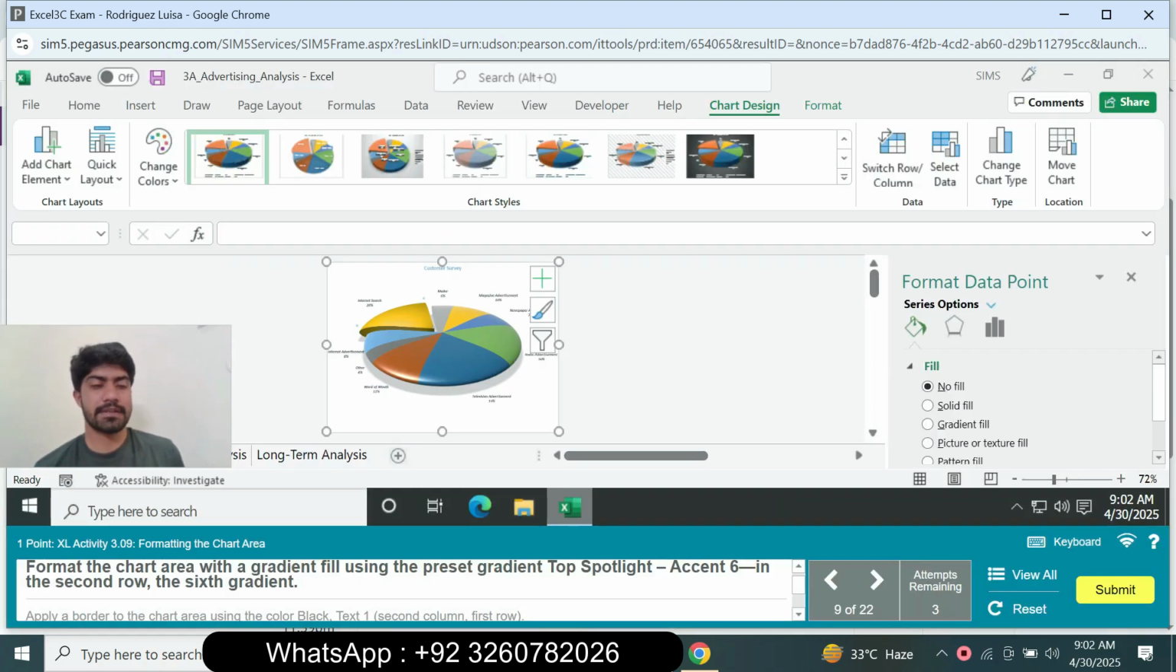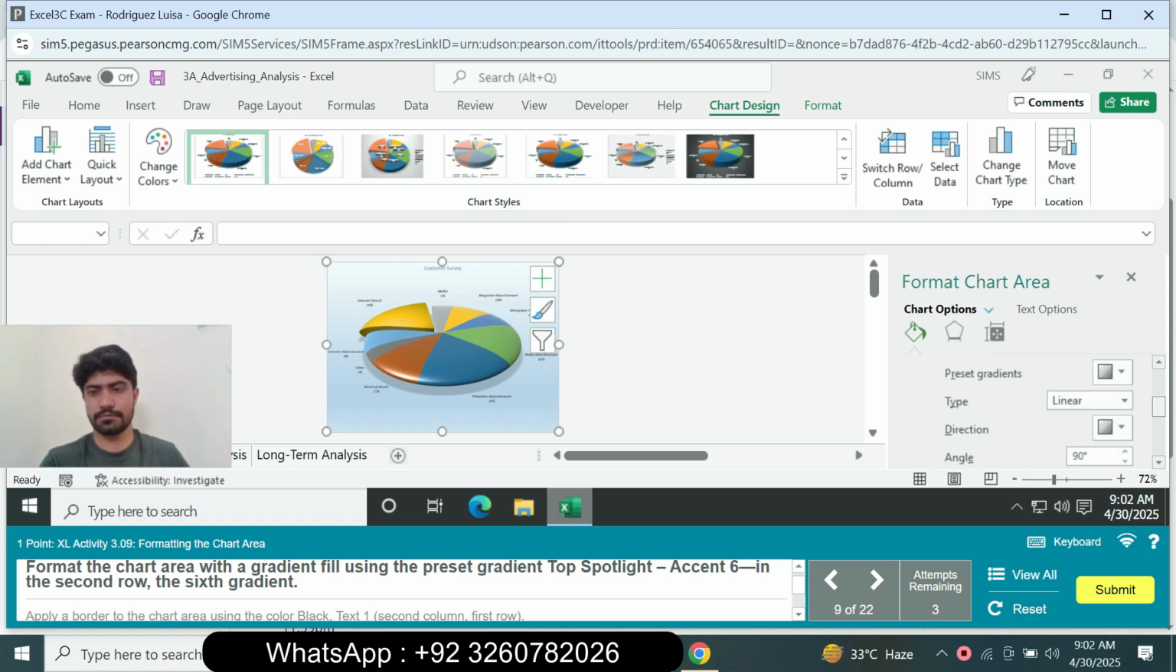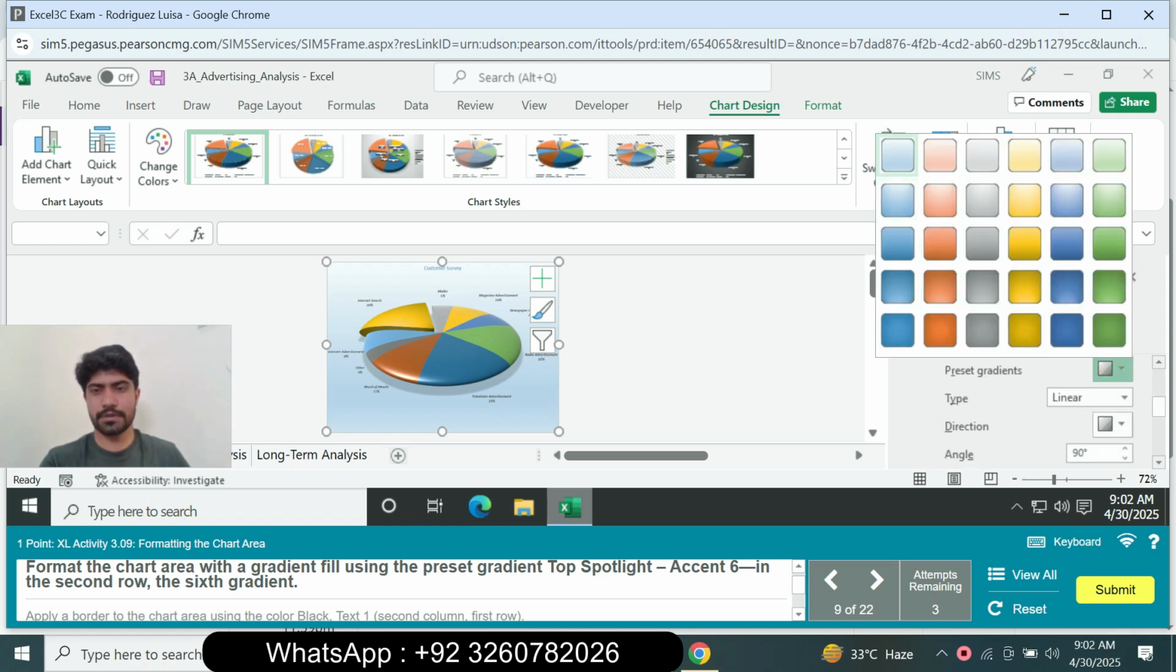So question number 9 is format the chart area. Select the chart area and gradient fill using the preset gradient. Top spotlight is at second row 6 gradient. So select the gradient fills is the second row 6 gradient, second row 6 gradient,